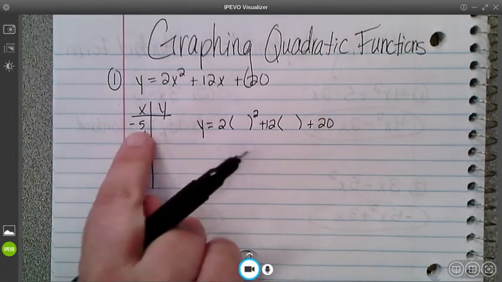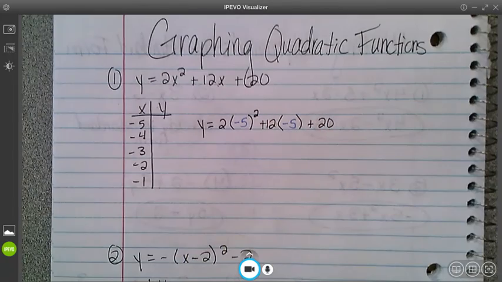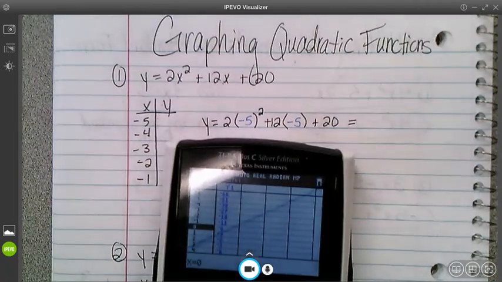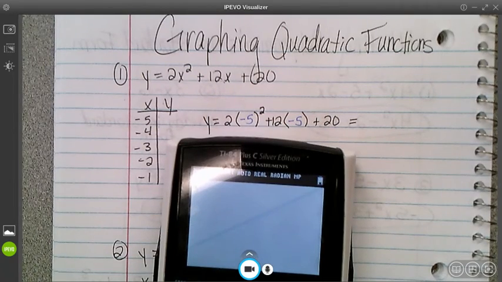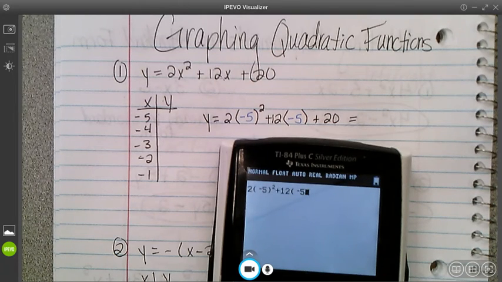So my first x is -5. I'm just going to put the -5s there, and I like to color code. Y'all know how I work there. So then we're just going to type that in: 2 times -5 squared plus 12 times -5